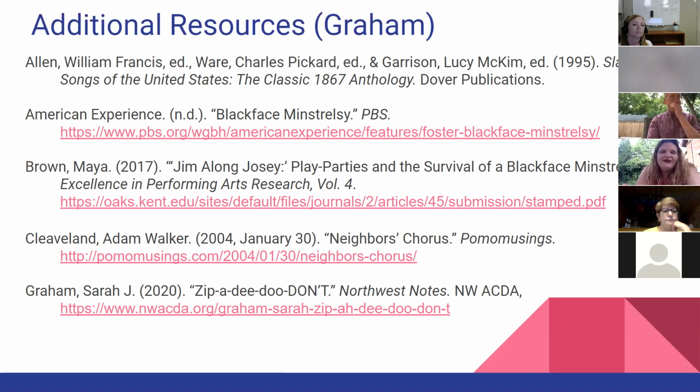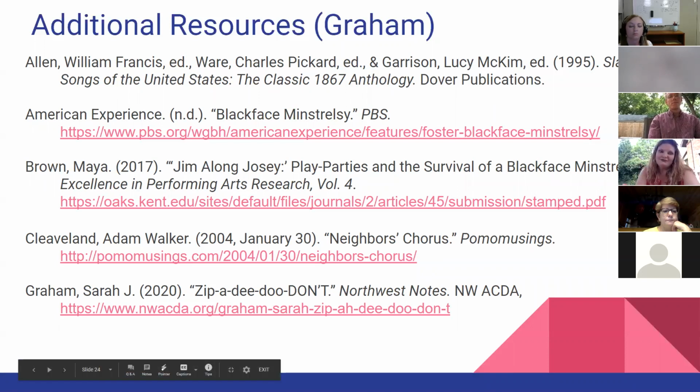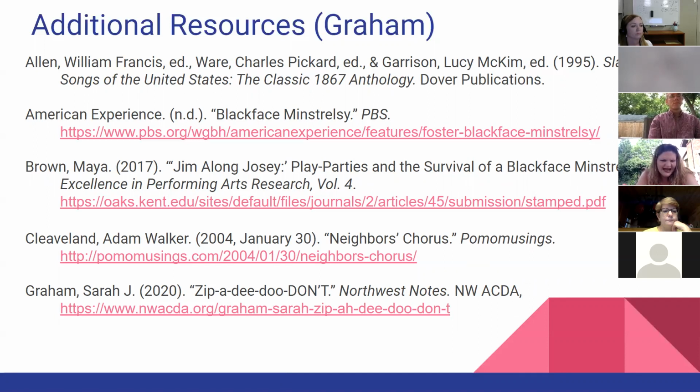But now we look at this and it's got some questionable lyrics. The translation is fairly violent. It talks about beating and choking and knocking a woman around, and it's probably not appropriate now, even though maybe we didn't think about that so much before. So there's an article about that. Adam Cleveland, I think, is from the Twin Falls area in Idaho, if I remember correctly.